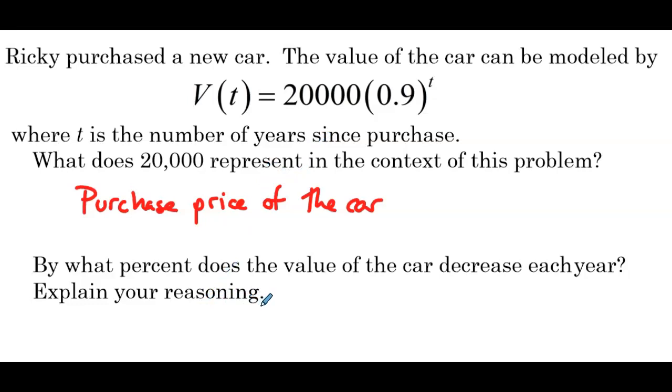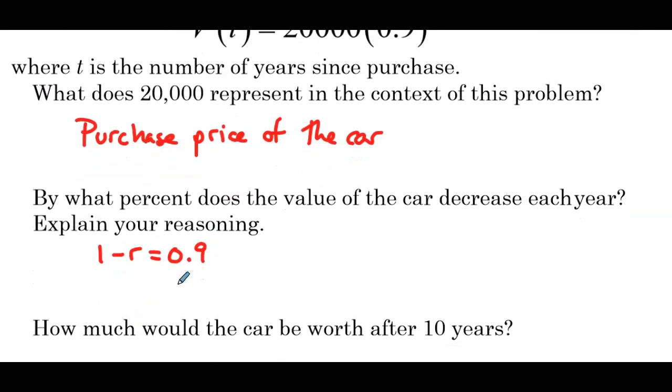By what percent does the value of the car decrease each year? Explain your reasoning. So now, if we look at the base of this exponential function, it's less than 1. So we do have exponential decay, right? It's decreasing. Now the question is, how much lower than 1 is the base? So the equation 1 minus r equals 0.9. So we can subtract 1 from both sides of the equation. So we'd have negative r equals negative 0.1. And we can divide both sides of the equation by negative 1. So r equals